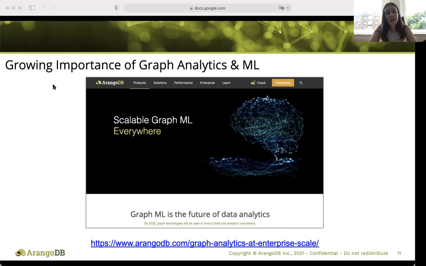ArangoDB is focused on being at the forefront of graph databases and continuing to expand our knowledge and technologies. So we have a big push on ArangoML and graph analytics at an enterprise scale. Like I mentioned, the future of graph databases includes scalable, simple ingestion, open source, and NLP support.